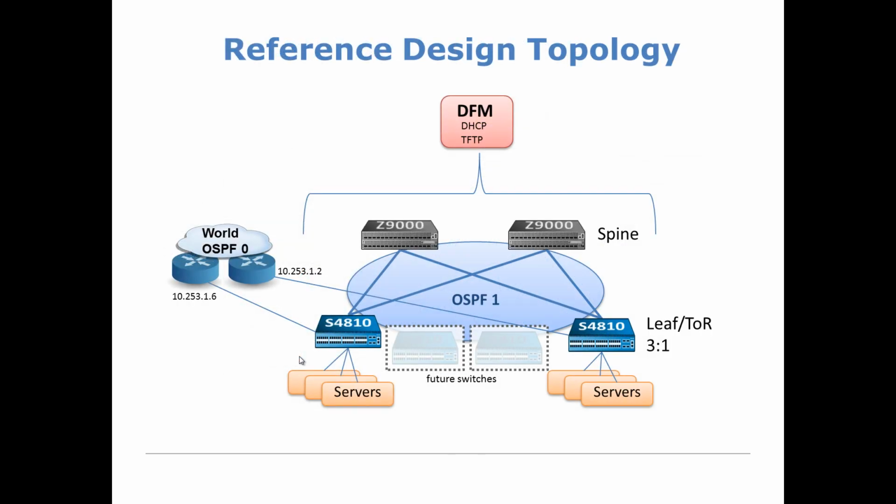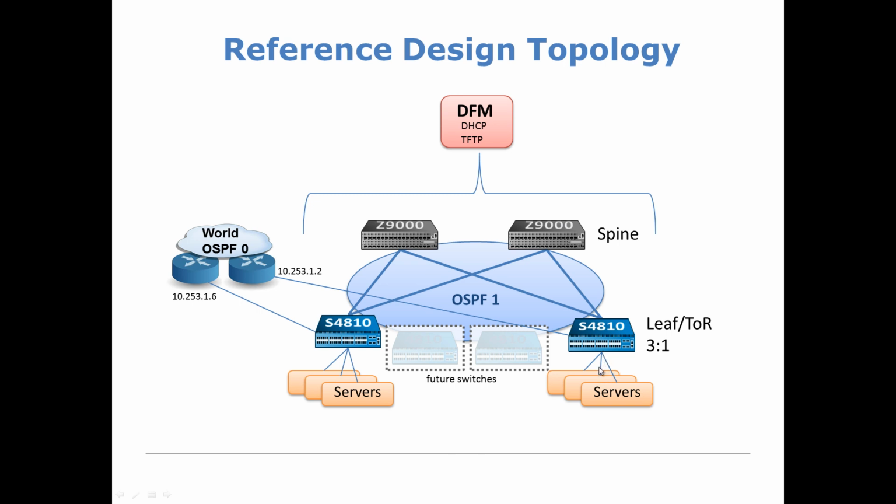Now, as I'm going through Dell Fabric Manager, I have a specific set of requirements in mind, or I have a topology in mind that I want to deploy. So in my case, I want to deploy a fabric with 40 gig interlinks from my 4810s to Z9000s. I want to also have 3-to-1 oversubscription for my servers. So my servers are going to be connecting to this top of rack switch here. In this case, it's going to be my leaf switch, and I want 3-to-1 oversubscription there. So I'm going to have 160 gig of uplink bandwidth and as many as 48 10 gig servers connected to